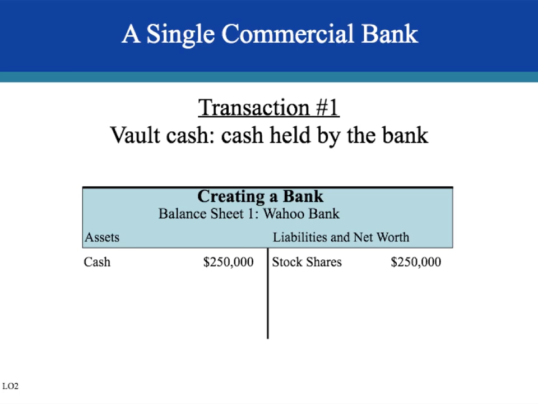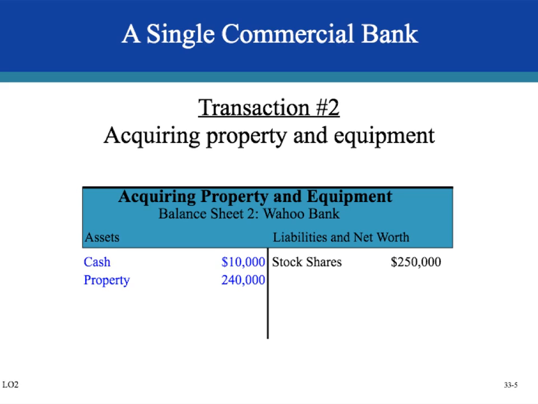But it's also an asset because now the bank has $250,000 worth of cash. Okay, so now Wahoo Bank needs to acquire property and equipment. And so they spent $240,000 of the $250,000 on acquiring this. And so the composition of the assets changes. So they own $10,000 cash,